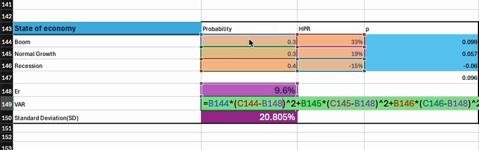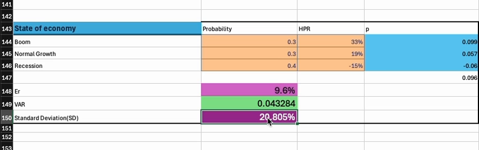Now calculating for a variance, going to be a little tricky here. What you're going to do is you're going to take your first probability of boom, and you're going to multiply that by your first holding period percentage minus your 9.6 expected return that we just calculated for, squared, plus our normal growth probability times our second holding period rate of 19% minus our 9.6% squared, plus our final probability of recession of 0.4 times our last holding period return percentage of negative 15% minus our 9.6% expected return squared, which will give you